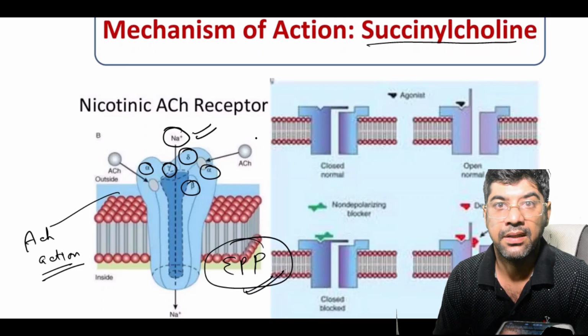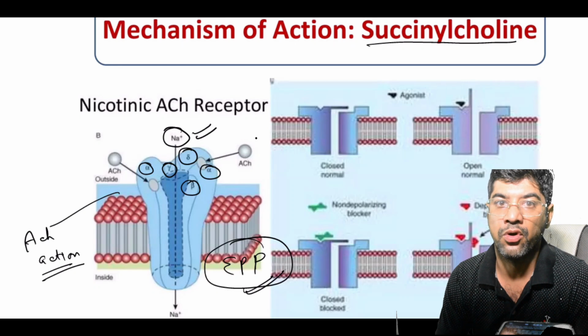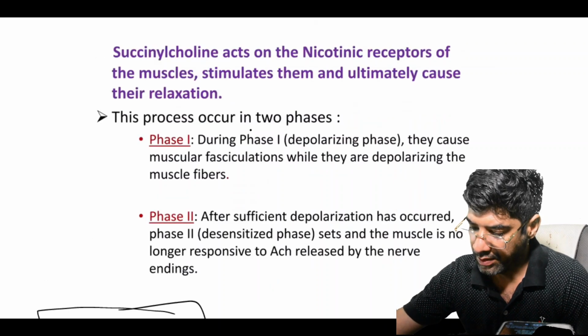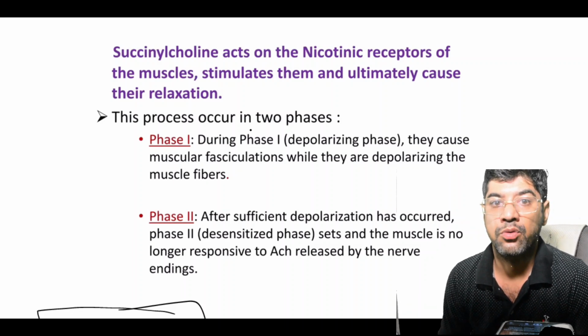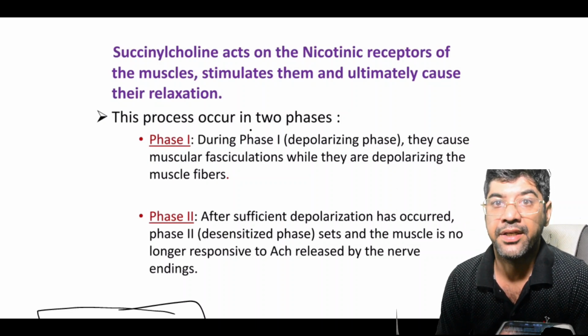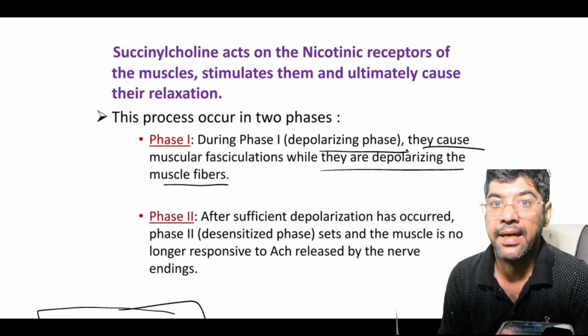So how do depolarizing blockers cause paralysis? They cause prolonged depolarization of the muscle end plate, leading to a zone of inexcitability where muscle contraction is not possible. Now coming to types, there is phase 1 block and phase 2 block. During the phase 1 block, there is rapid onset due to persistent depolarization that causes flaccid paralysis. So recovery is quick and the block is not reversed by anticholinesterase.